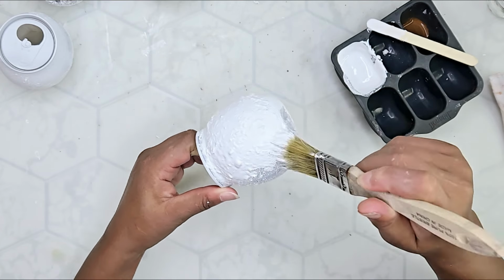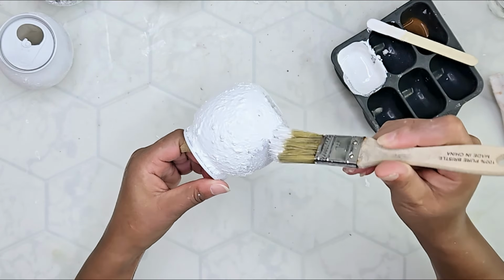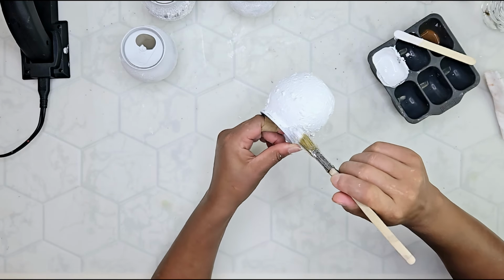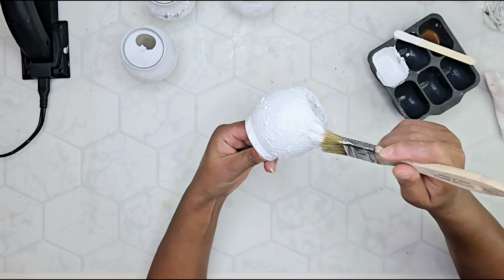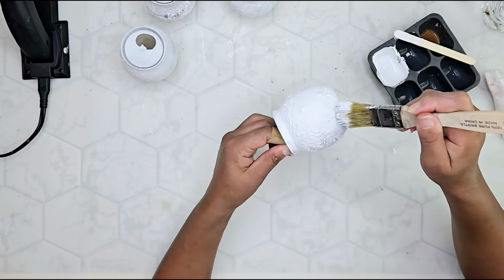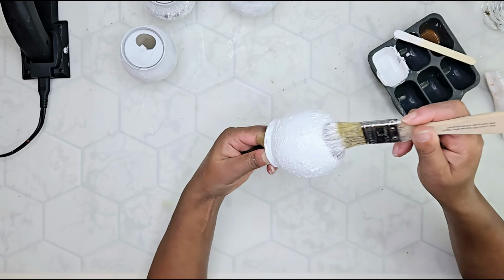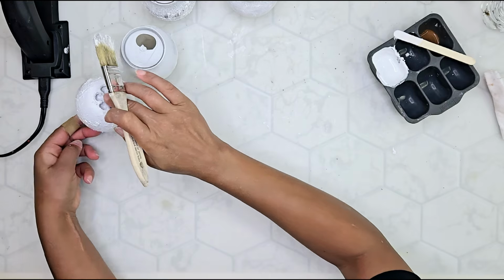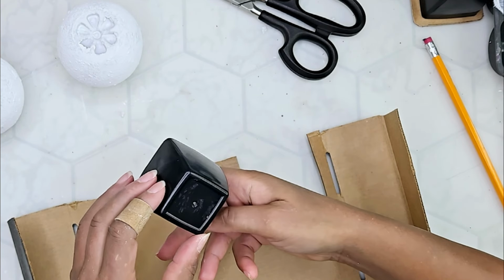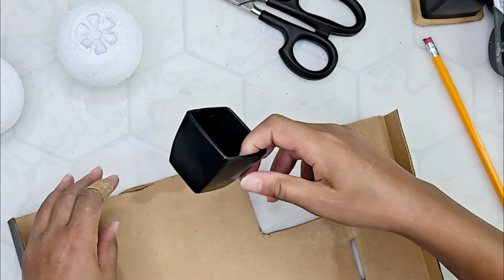And the spackle helped to make it look like a snowman. You know, a snowman isn't all smooth all the time. So it did help kind of add some texture. It was kind of nice. And I did have 4 of these. One case was 4 little bottles. So I'm going to paint all 4 of them. And my snowmen are going to have 2 parts to their body. And once I've got them all painted, I'm going to let them dry for a while,